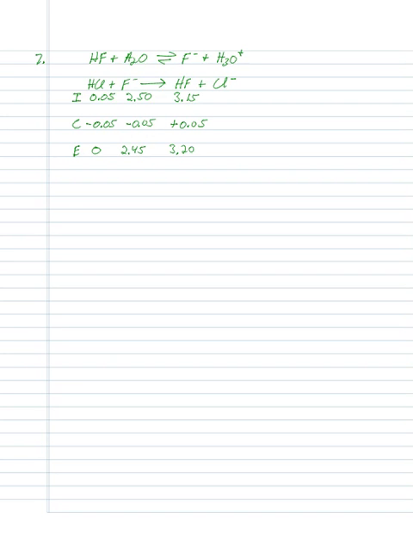Now, a lot of people came in because they couldn't figure out why their answer was nowhere near what they were getting, or for any of the choices in there. It's because they were going through and calculating the pH. That's not what the problem is asking for. The problem is asking you to calculate the new concentration of HF at that point. And so to get the concentration of HF, we're just going to take the millimoles of that, 3.20, divided